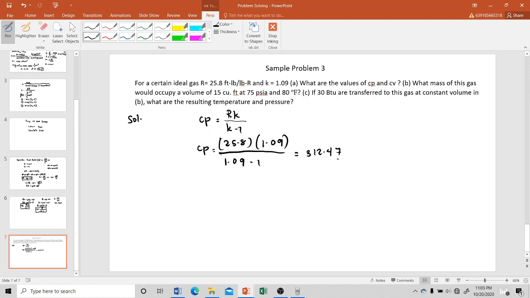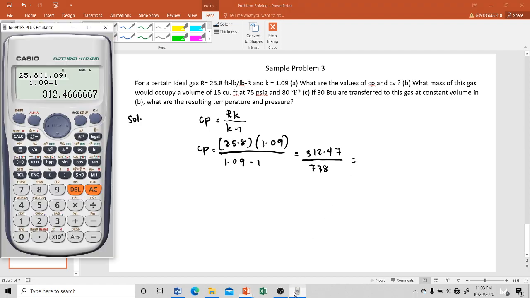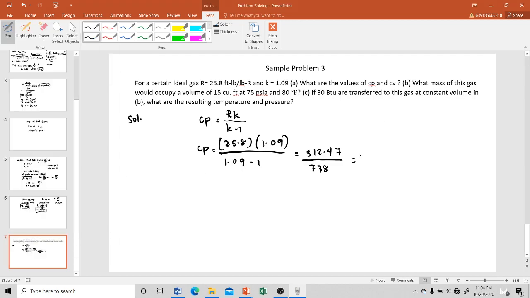So in terms of BTU, we divide by 778 to convert to BTU per pound Rankine. So over 778, we have 0.402 BTU per pound mass Rankine. Now in terms of Cv,